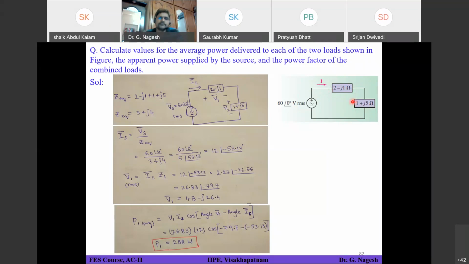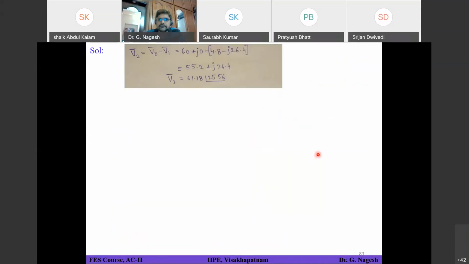I will give you a clear picture in the next class regarding whether V effective square divided by R is applicable or not. If it is not applicable, I will say why. That is because the current is not determined only from this load. It is determined from the combination of these two. We will cross check whether the formula is applicable, and if it is, whether you get the same answer. Is it clear?